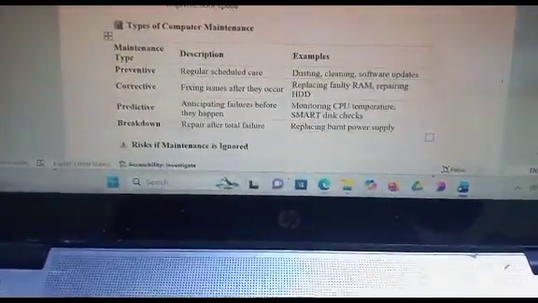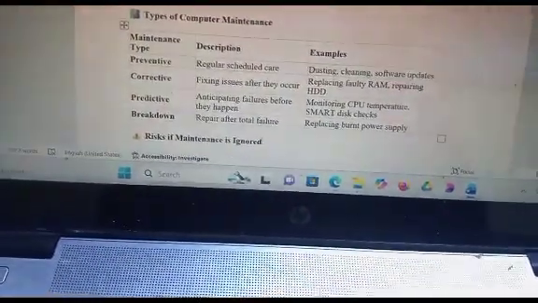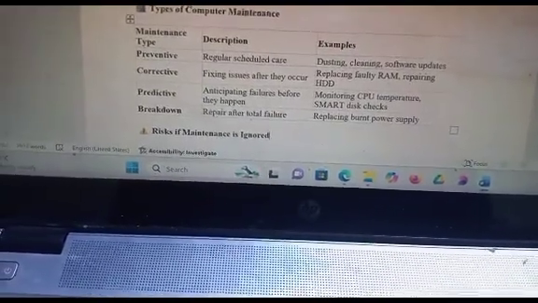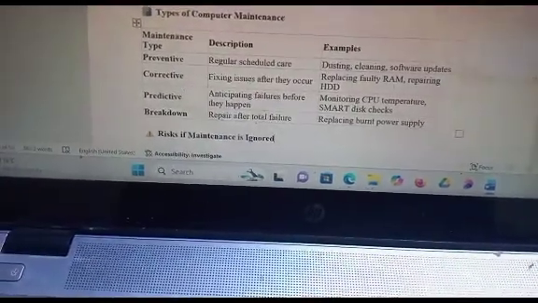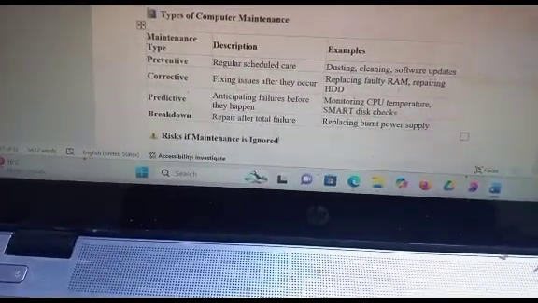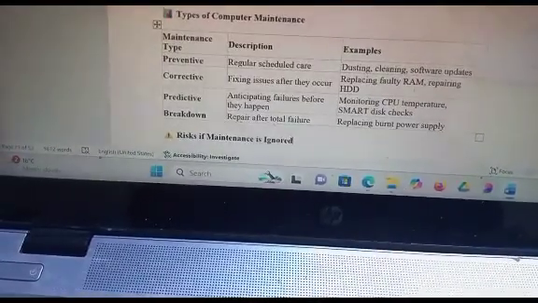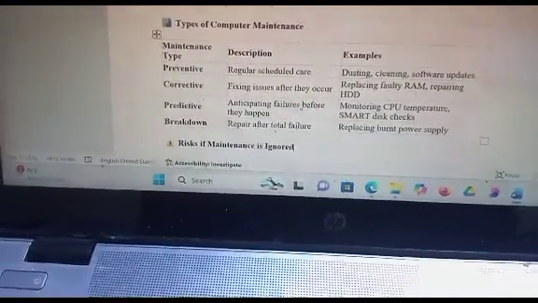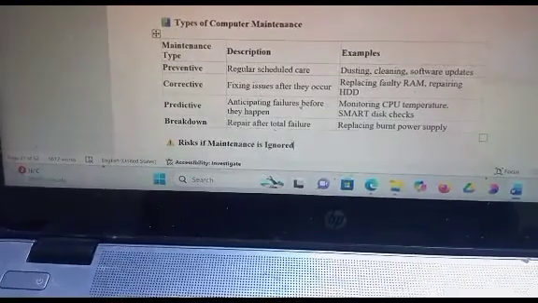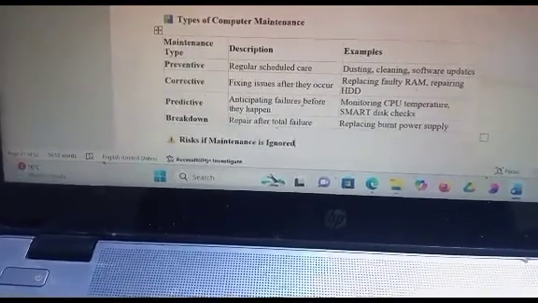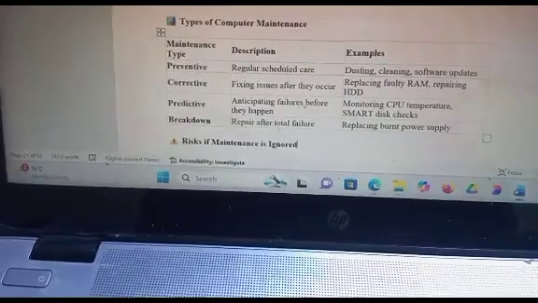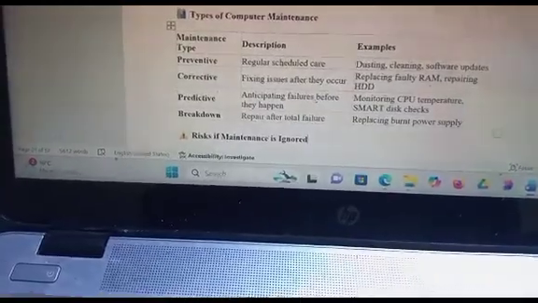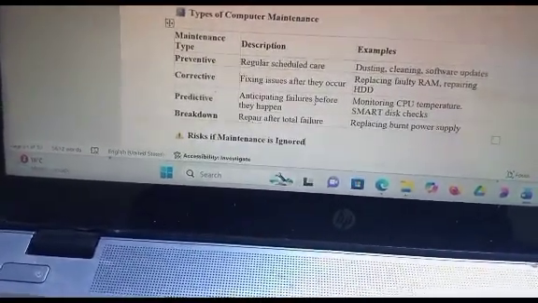In our previous video, we looked at the types of computer maintenance, and we did say you are supposed to keep the system running. That is maintained, to keep the system running. That is maintenance. So we were supposed to look at types of computer maintenance. So we have preventive, where we have the regular scheduled care tasks arranged, and then they include dusting, disk